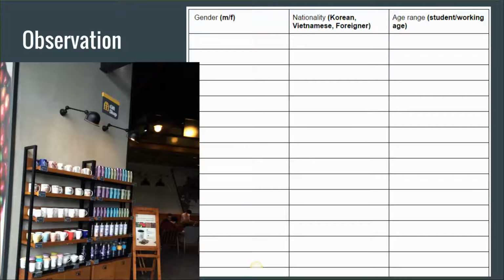So for observation, we found information on target market segmentation to begin with. We chose to use the observation method as interviewing people about this information might not be clear, as employees may have forgotten, and so we decided to carry out actual research and see who comes in and orders in the store. After that, we tried to find information about their target market again, and we found that their menu was in English. They had special menus such as the ginseng latte and Vietnamese coffee, and also the smoking room, which helped us understand who their target market was.